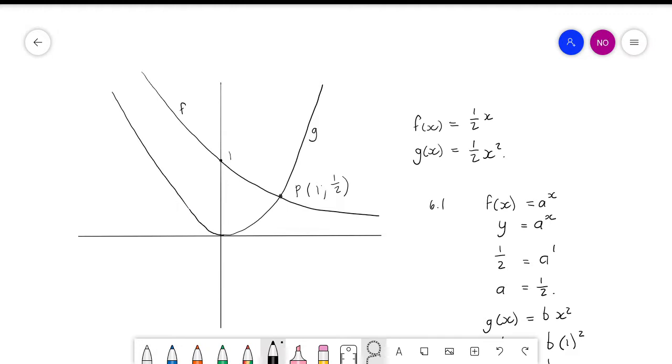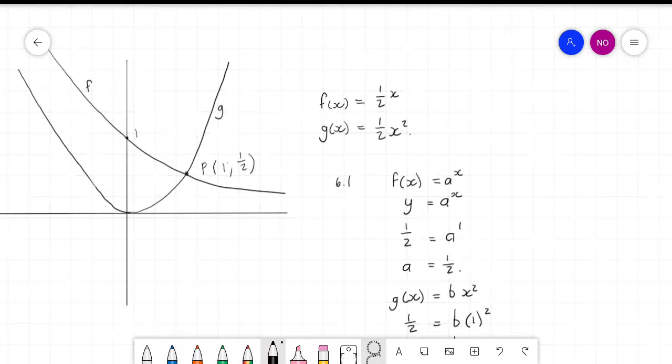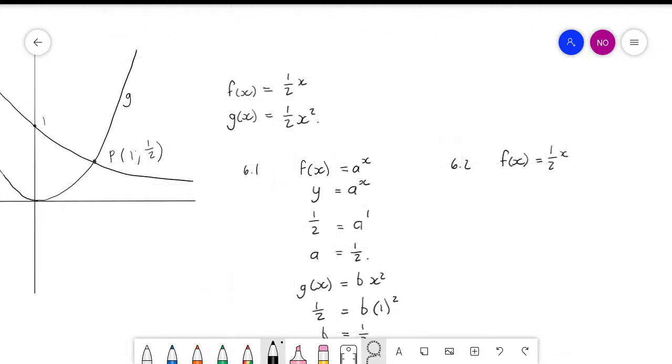Then they say write the equation of the inverse of f in the form y is equal to. So ek gaan begin deur te sê by 6.2 f van x is net half tot die mag x. Do you guys agree? So I'm just going to write it in the form y is equal to half to the power of x. I haven't done anything with it yet. I haven't swapped anything around. Now I'm going to go and say that is x is equal to a half to the power of y, which we write as y is equal to log of x, of